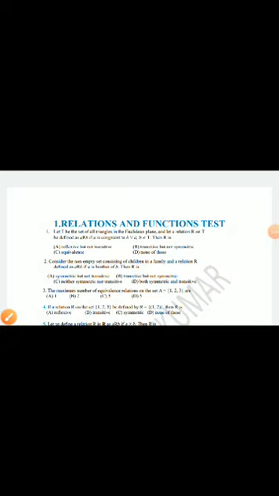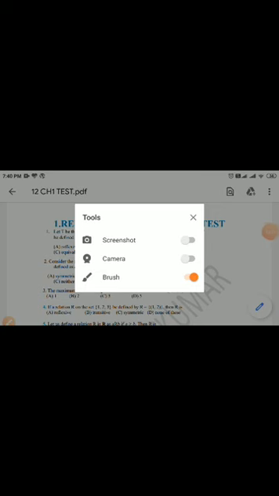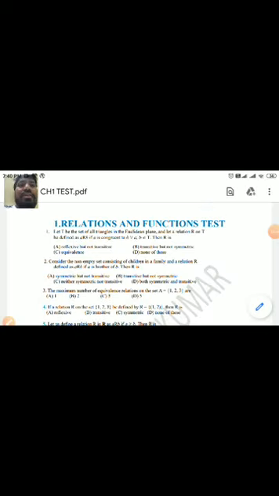And if you want to write anything, and if you want to add your camera here, you can use this button. I am using it here, see this one, the last button. When you press the last button, it will show the camera, and your video will be shown like this. If you need, you can add it like this, otherwise you can remove it like this.